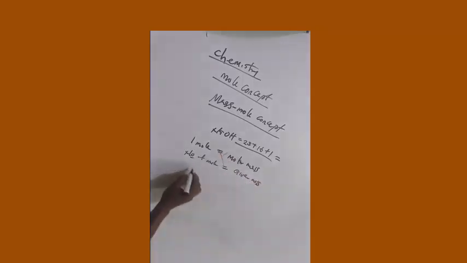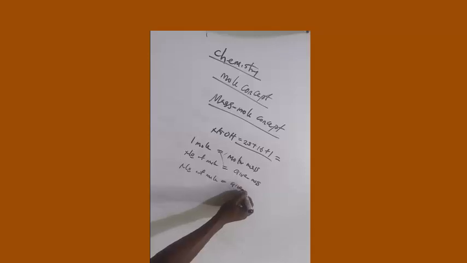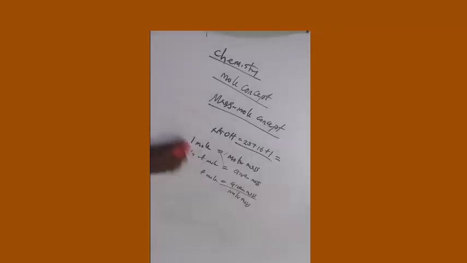You will see that if you cross multiply, you will now still have that number of mole is given mass over molar mass. Given mass over molar mass. Okay, we have to look at